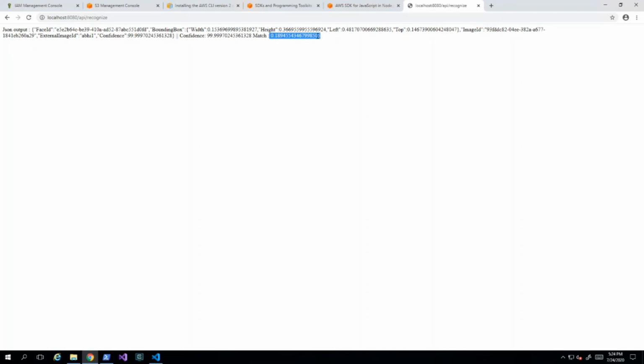When you use this programmatically, this number is very important. You can take a decision based on your business requirement that if the match is more than 70%, then I treat it as a true case, otherwise it is a false case. For example, in an attendance management system, you can use this parameter so that if it is more than 90%, only then attendance is marked, otherwise manual intervention is required. Depending on your business use case, you can take this call.